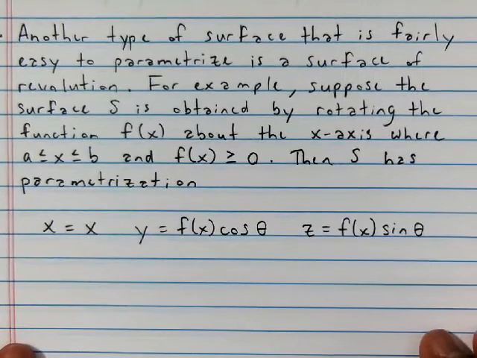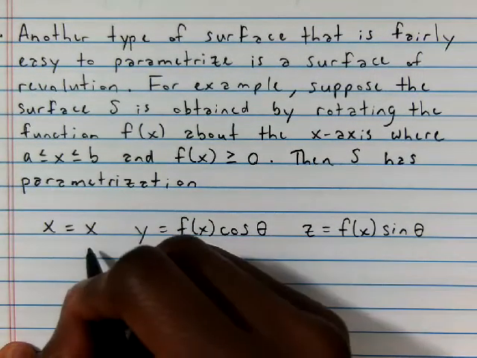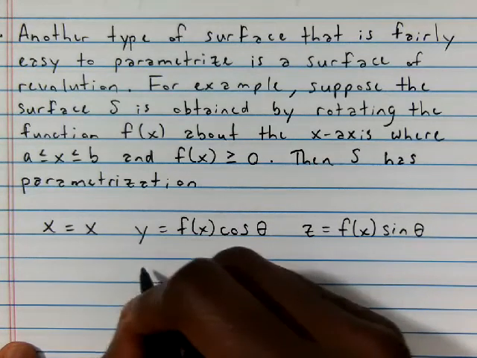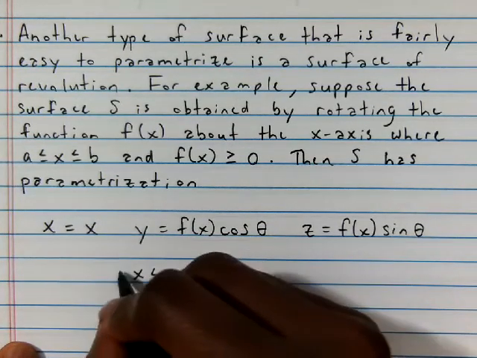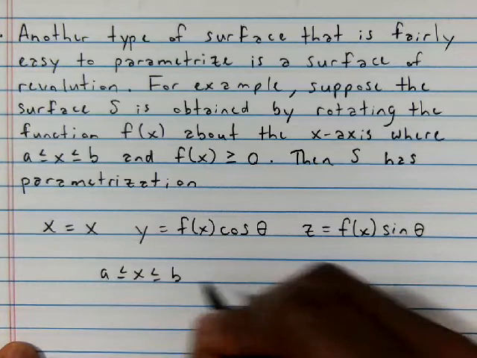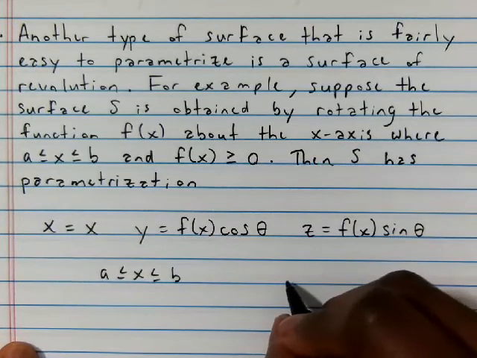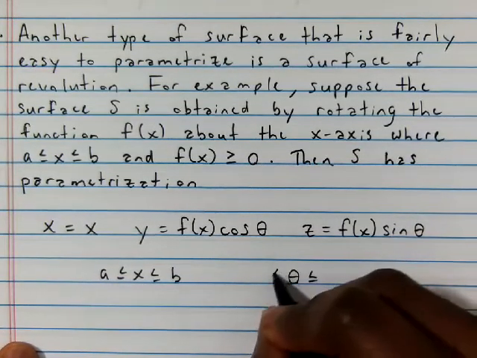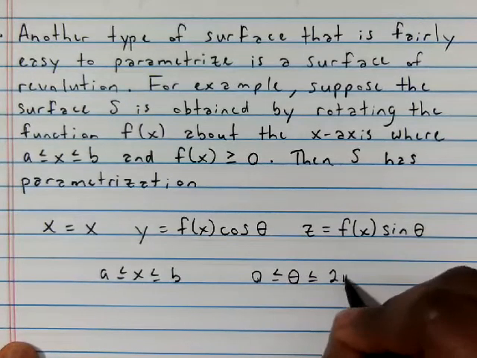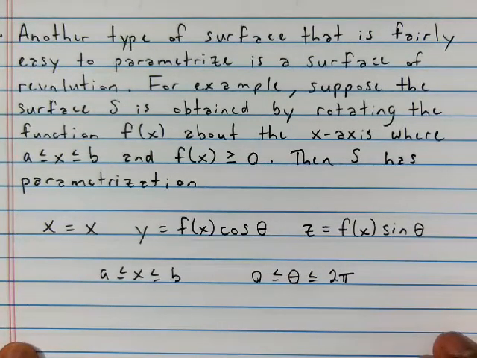And now our bounds on our parameters are x varies between a and b, and theta varies between 0 and 2 pi,